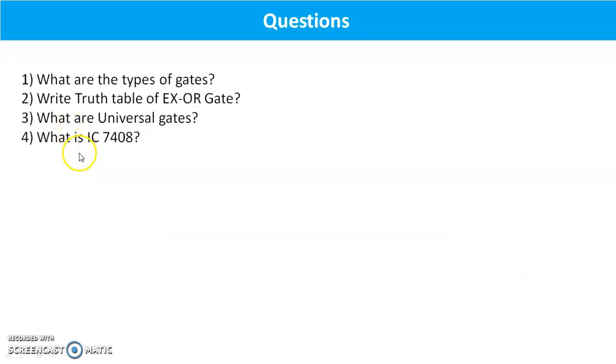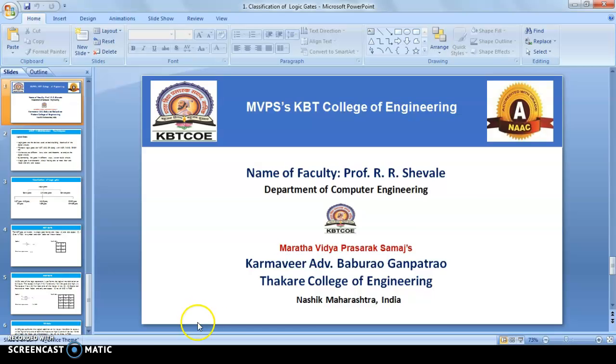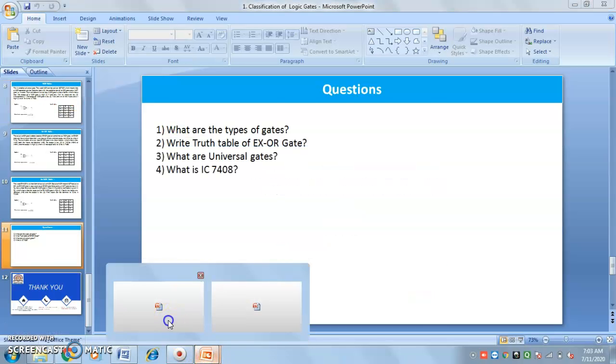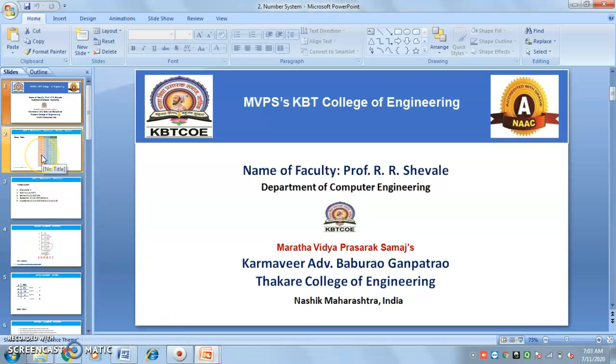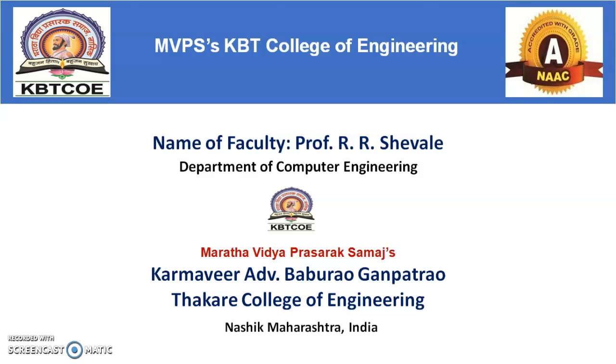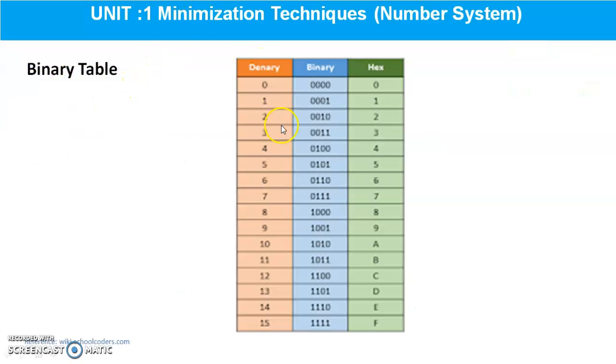Okay, after the logic gates, we'll discuss the number system. In the number system, the binary number system is very important, so we are going to study it. This is the binary table. In the binary table, we consider the numbers 0 to 15 as decimal numbers, so we write the table from 0 to 15 in binary. And after the number 9, we start the hexadecimal number system with capital A to F.